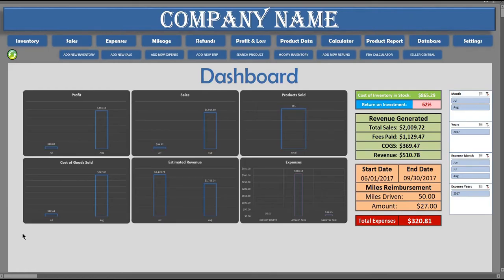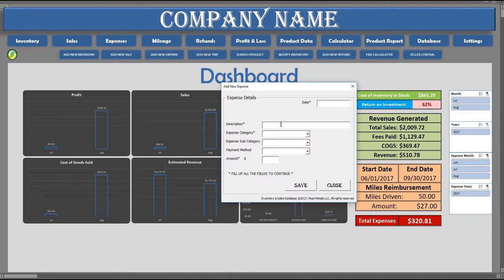All right, so let's go ahead and add a new expense to our database. To add expenses, you would need to click on Add New Expense, and when this form opens up, you need to fill up all of these fields. So let's say we purchased a Dymo label maker for our business. Let's go ahead and say Dymo label maker, and when you click on the next field, this date automatically populates,